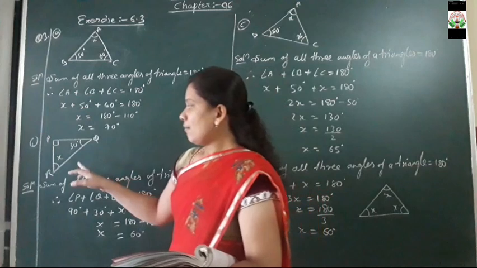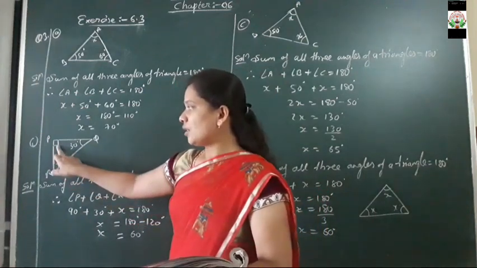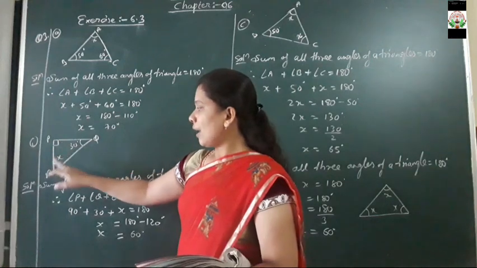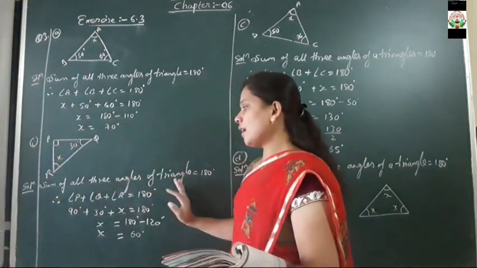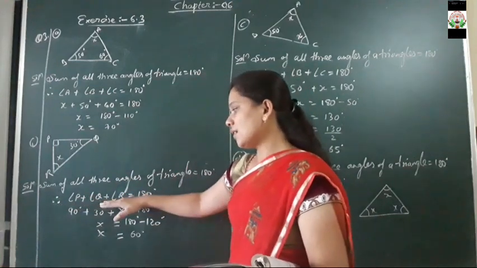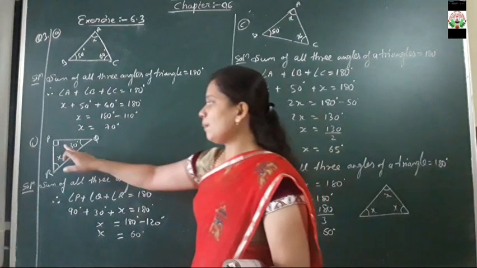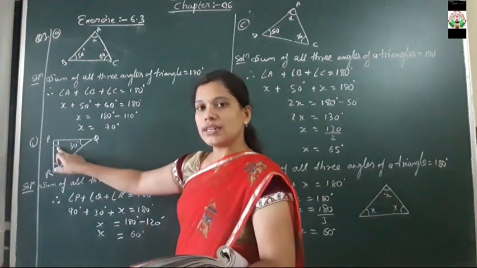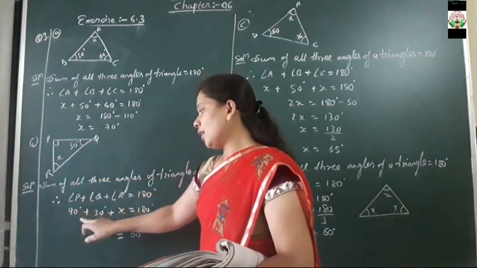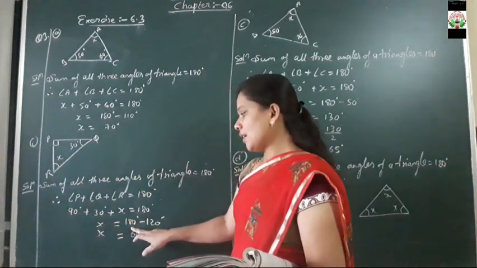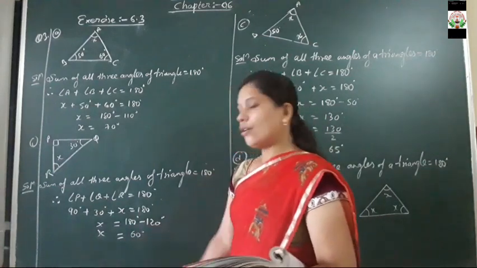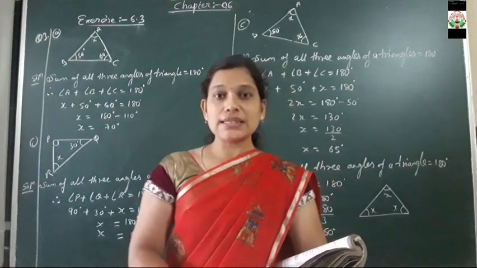Now in the same way for the B part of the question, the right angle triangle notation is given, so it is 90 degrees. As we know that the sum of all three angles of a triangle is equal to 180 degrees, therefore angle P plus angle Q plus angle R is equal to 180 degrees, where P is 90 degrees, this notation denotes that it is 90 degrees. Then angle Q is 30 degrees plus angle x. So 90 plus 30 is 120, subtracted from 180, so 180 minus 120 will become 60. So what is the value of x we will get? The value of x we will get is 60.